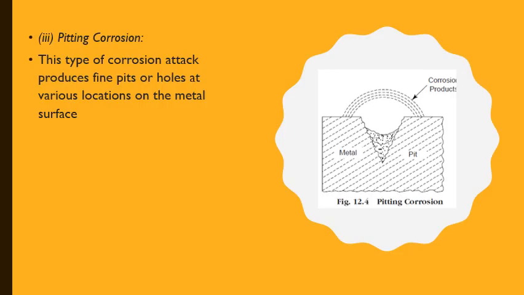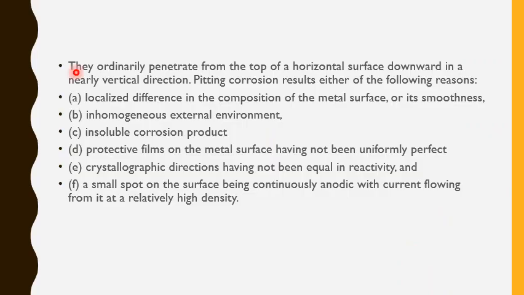This type of corrosion attack produces fine pits or holes at various locations on the metal surface, as shown in the diagram. At various places, such small holes or pits are produced. Pits ordinarily penetrate from the top of a horizontal surface downward in a nearly vertical direction. Pits are formed downward in the vertical direction. Pitting corrosion results from either of the following reasons. First, a localized difference in the composition of the metal surface. For example,